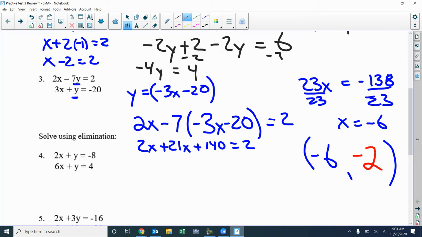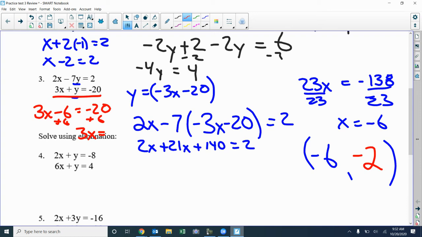So if we plug that back in, again, you can use either one of these. Our y is negative 6. This one probably is the easiest. 3x minus 6 equals negative 20. Plus 6 will give me